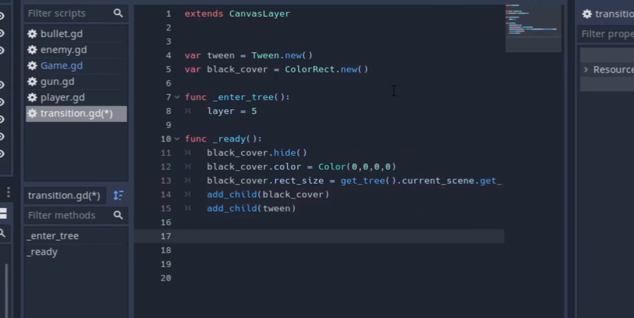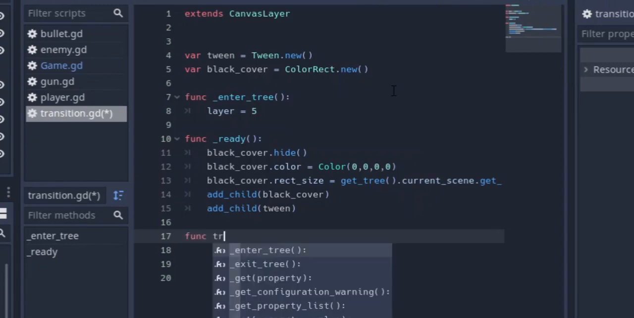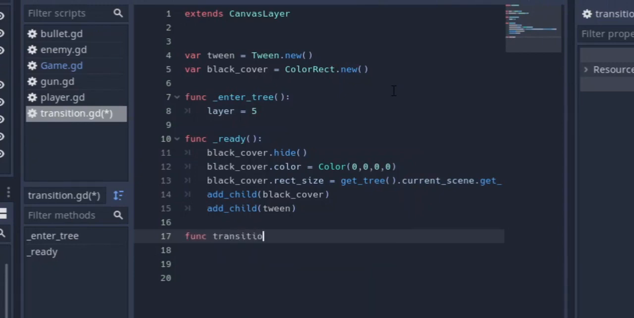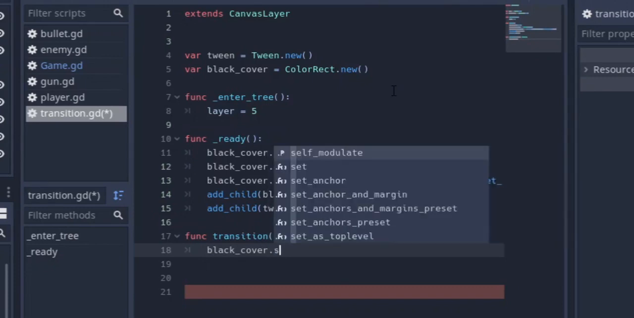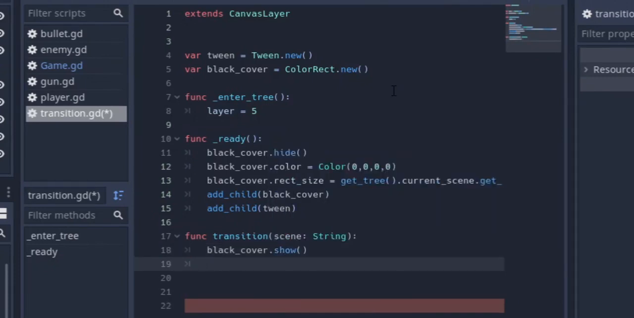With that done, we want to start transitioning. So we're going to make a function for that. Just call it transition. And we're going to pass in a variable, which is the scene, and it's going to be a string. First off, when we want to transition, we want to show the black cover. So we say black cover.show. The next thing is we want to say